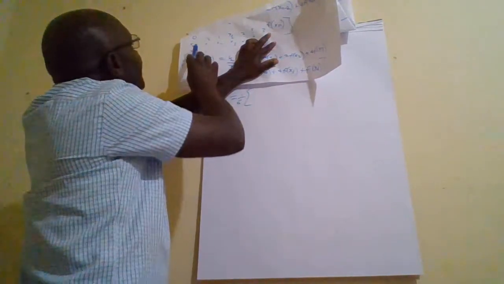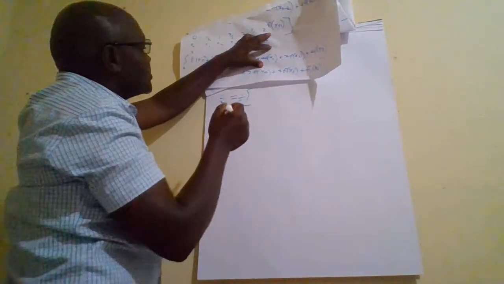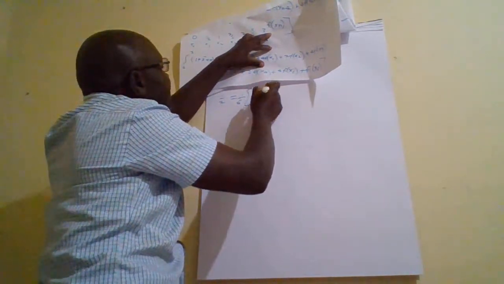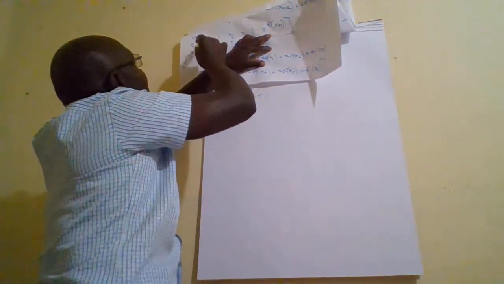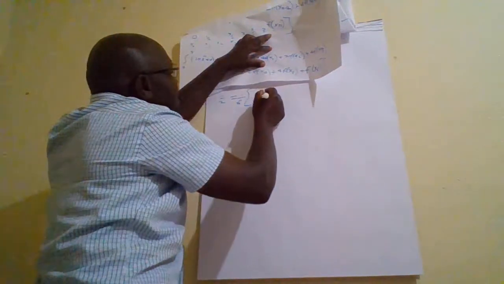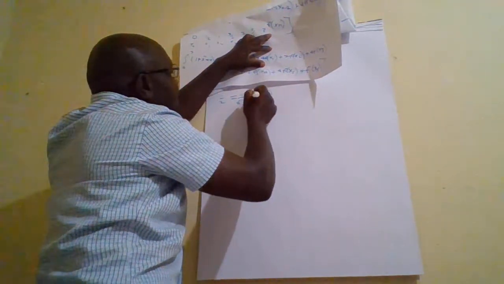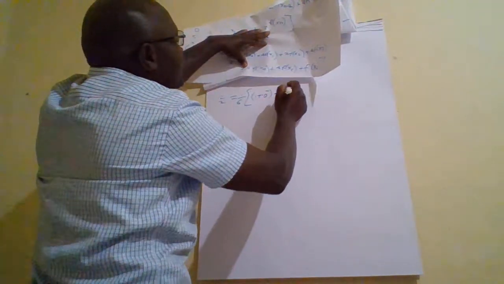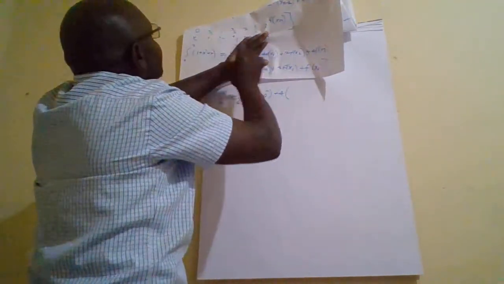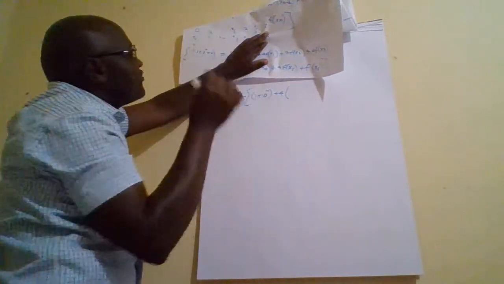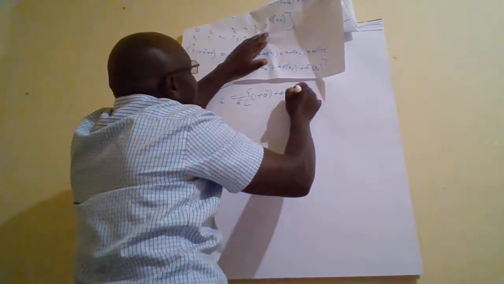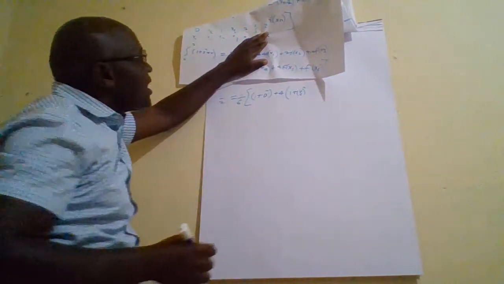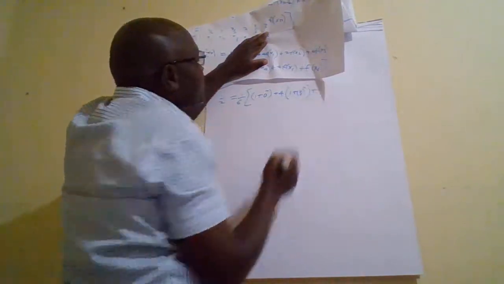So we come here, our x0 is 0. So we shall have 1 plus our x0 is 0, so it will be 0 squared, plus 4 into our x1. Our x1 is a half, so it will be 1 plus a half, then squared, then plus